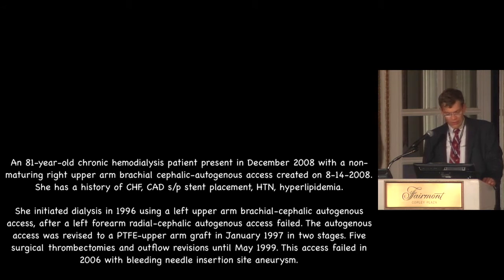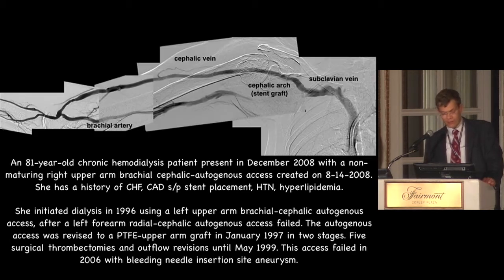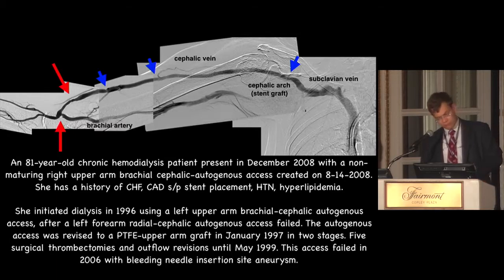We'll start with this 81-year-old lady who comes with a new access in December, 4 months after it was created. She's had a number of previous accesses that worked for her for a while and then failed. And this is the angiogram that you can see here. It's a right upper arm, and you can see that there are two little narrowings in the inflow segment as well as at the arterial anastomosis, and then there are a number of valves there. So when you have somebody her age group with that kind of presentation,